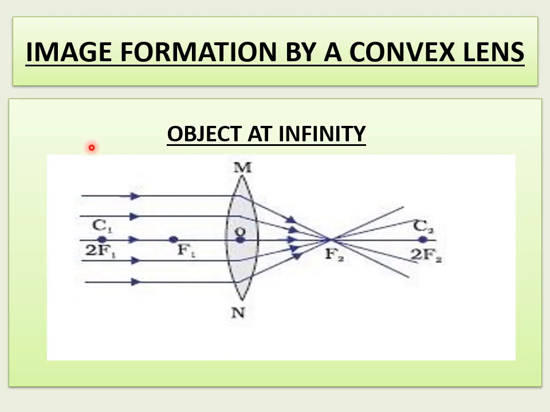So we have to discuss the first position, where the object is at infinity. This is your optic center and this is your lens. F1 is the first focus, and double that is 2F1, because the distance O to 2F1 is the radius of curvature. I already told you that whether it is C1 or 2F1 or C2 or 2F2, it is the same. Sometimes we find 2F1 or C1 or C2 or 2F2, so don't get confused, children.